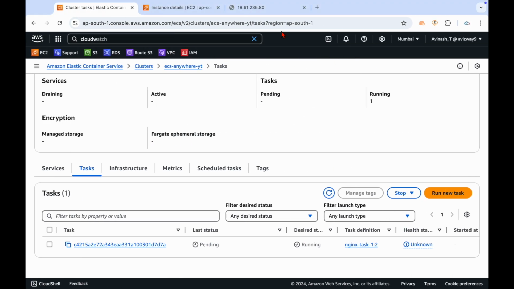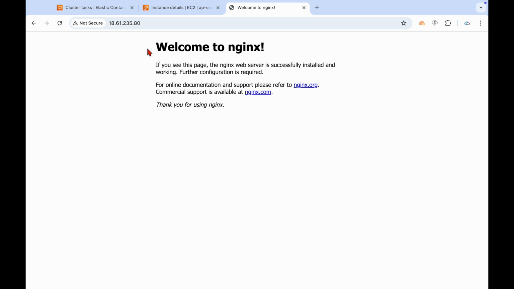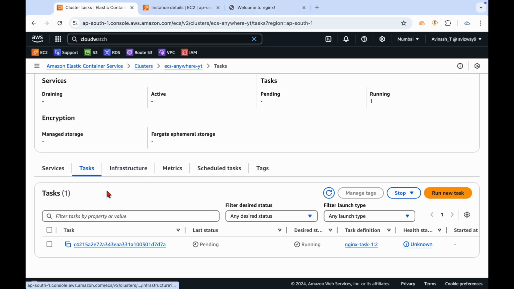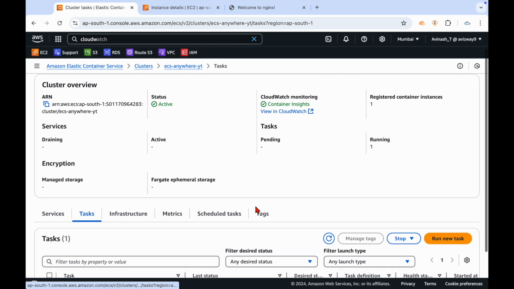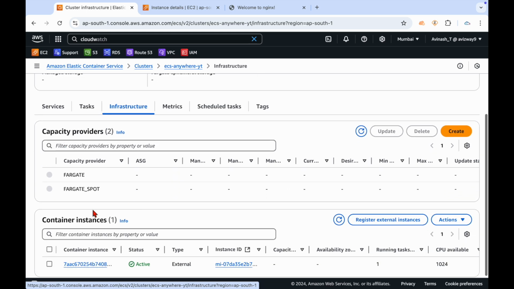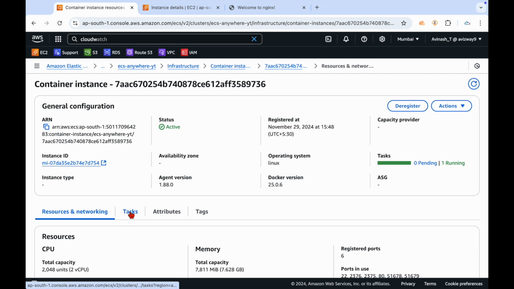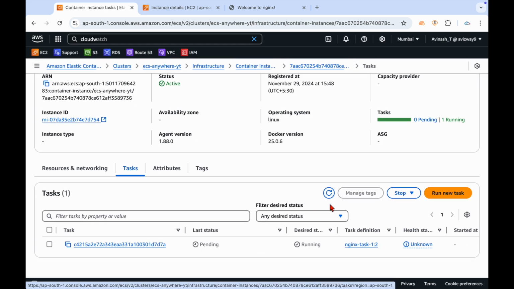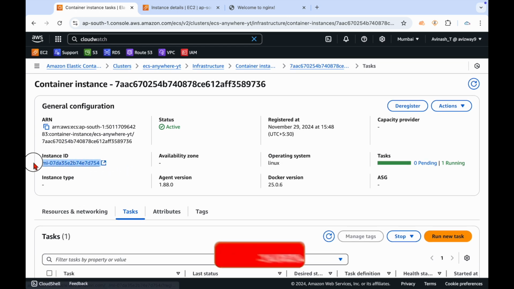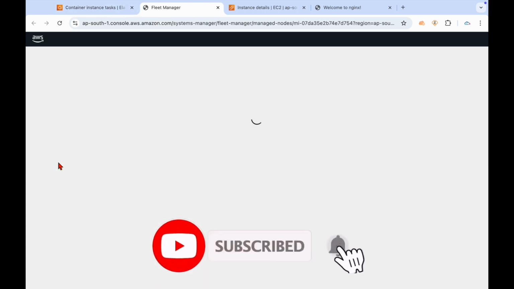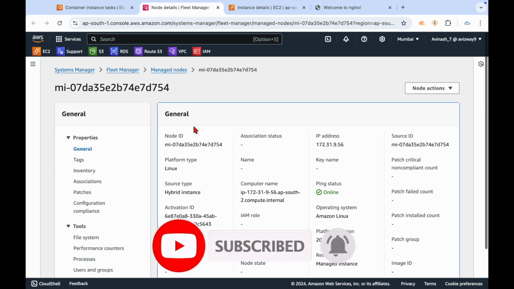So now we can simply go here and test it. We are able to deliver it. So we are actually not using any Fargate infrastructure provide method. We are actually using a container instance. If you want to verify, you can go here, verify the task, and you can see here, this is a task actually running on the EC2 instance. You click on the instance ID, it will automatically take you to the